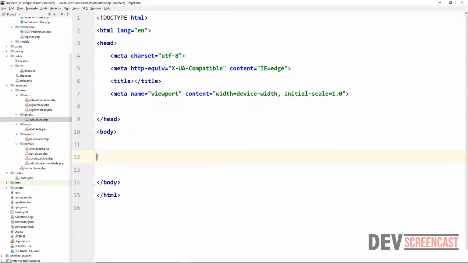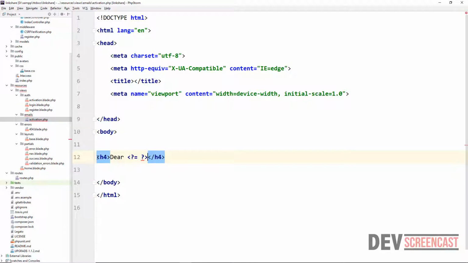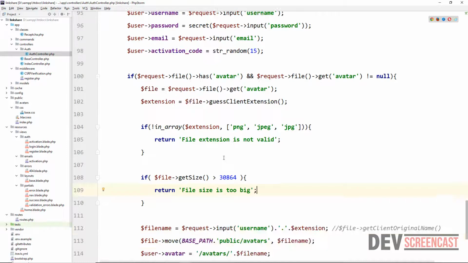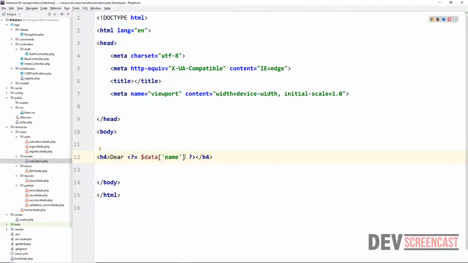h4 here. So let's say an h4 says there, and then we can actually reference the data. So we could say data name. Okay, so we need to come back here and just be sure that we are passing in data name. So right here. All right, so we have name here and then we have code, so we can actually reference it here. So data name, so we say their name, and then we can put a comma here,